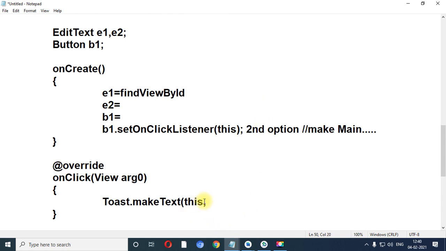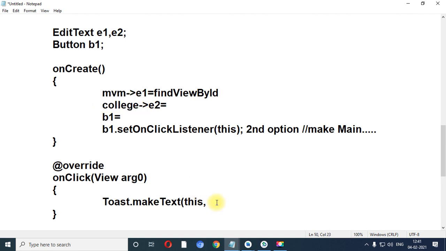But right now I have used this. Then what do I want to print? The value of edit text 1, MVM, right? That is the value of edit text 1, and college is the value of edit text 2. So I want to get text from E1 and text from E2.